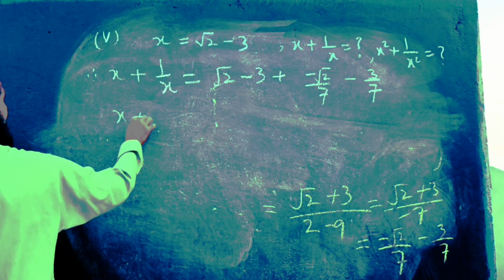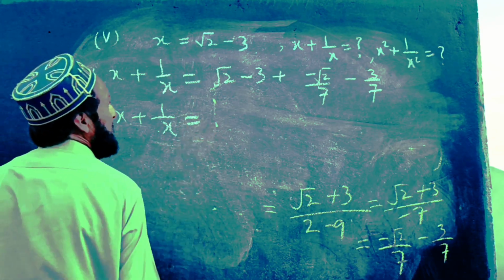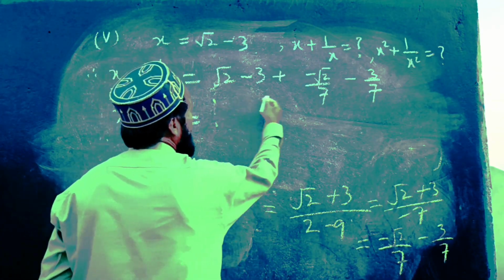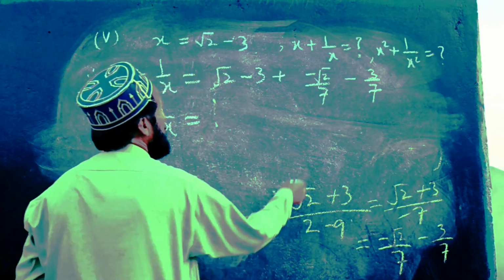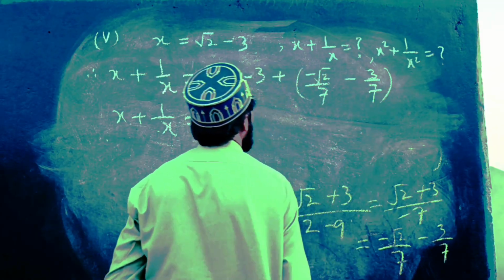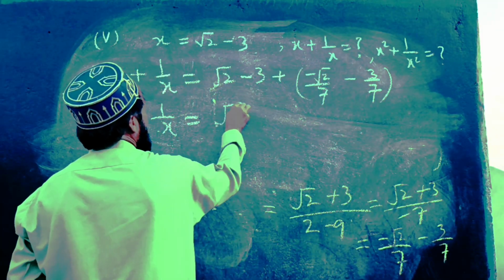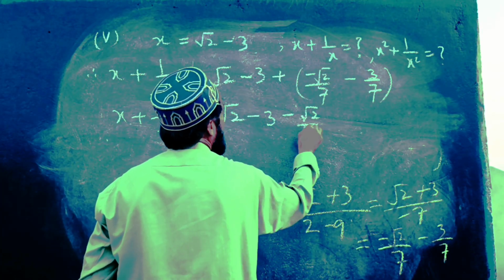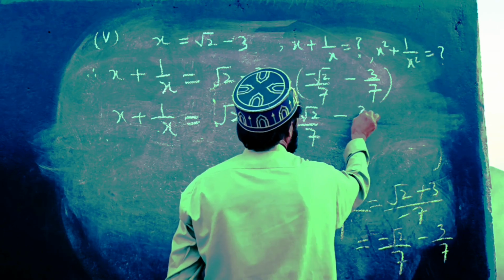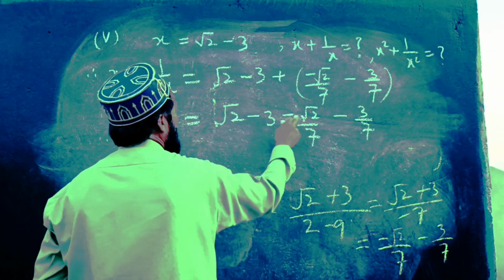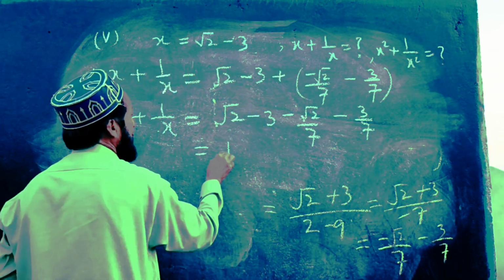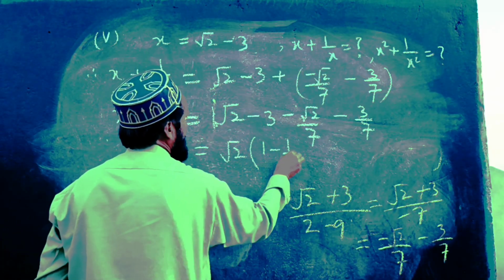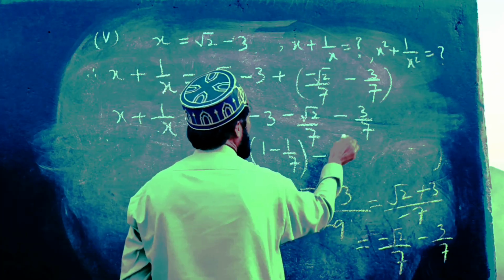Now x plus 1 over x is equal to, and now look here, very difficult, but most of the students are confused in here. This will be equal to in here this one. So we are expanding minus 3 plus into minus 2 under the root divided by 7 and plus into minus 3 by 7. Now 2 square root, if we take common, the result is in here coefficient is 1 minus 1 by 7 is remaining, minus 3 by 7